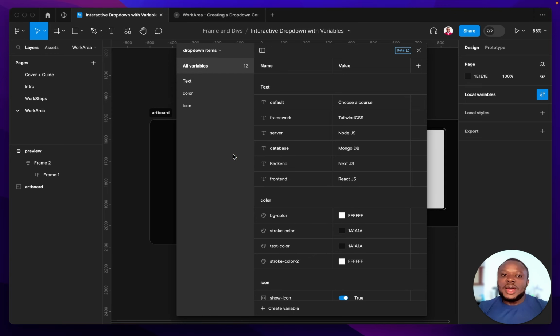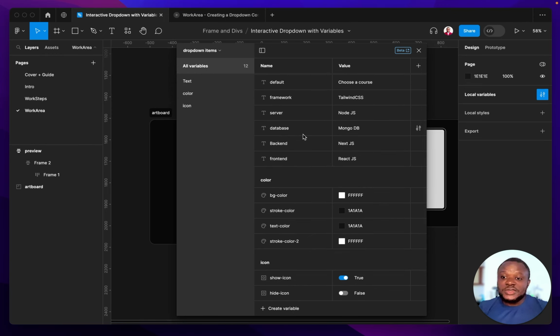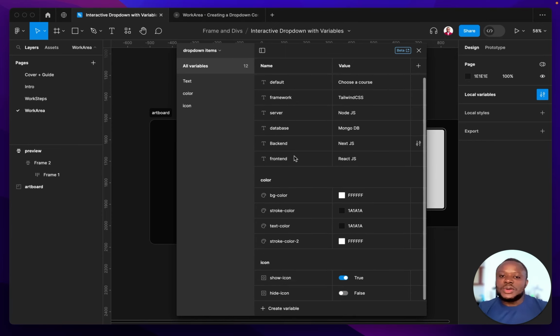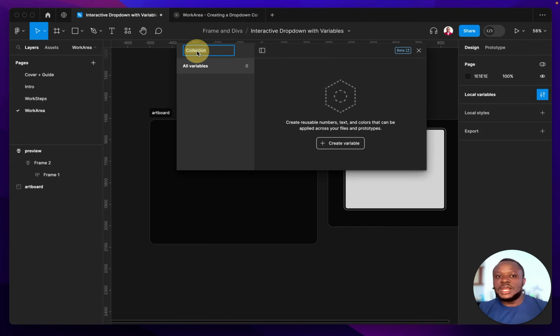All right. However, let me just give you a brief of what is going to be in the collection. So we have our text, all the text we want to replace each time a user clicks an item, and also we have the colors applied to the text or the background of the button. Then we have two icon states, to show icon and to hide icon. Very important. All right, so click on this drop down here and click create collection, so you can create a new collection. So you can call it new drop down,